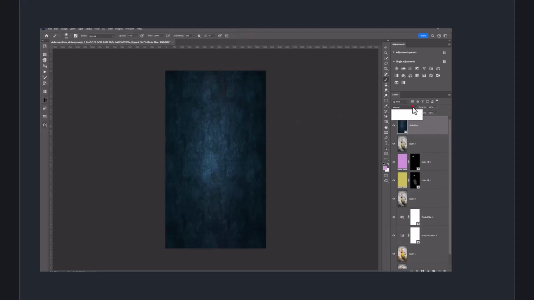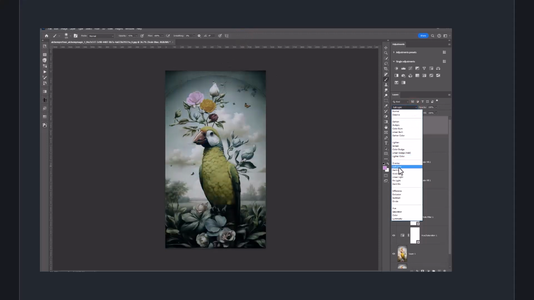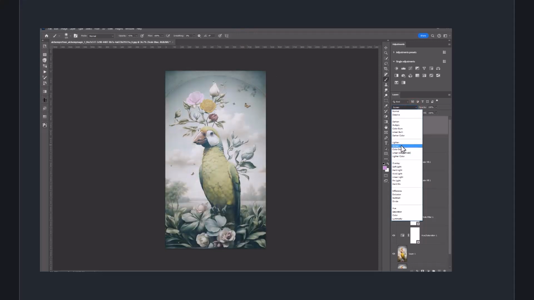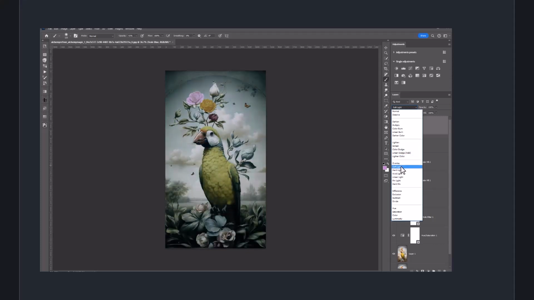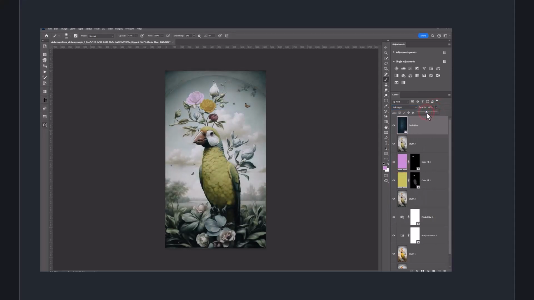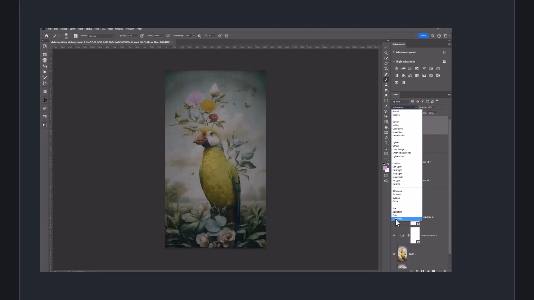And I'll go to my blend mode and choose soft light overlay. Lighten screen. Oh, screen. I wonder. Let's go soft light. I'm going to do soft light and I'm going to drop the opacity. Now I've got depth of colour. Let's turn that layer off and on. So you can see I'm building my colour layer up, but I'm going to go to